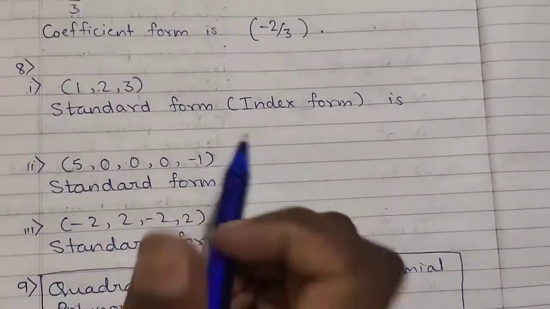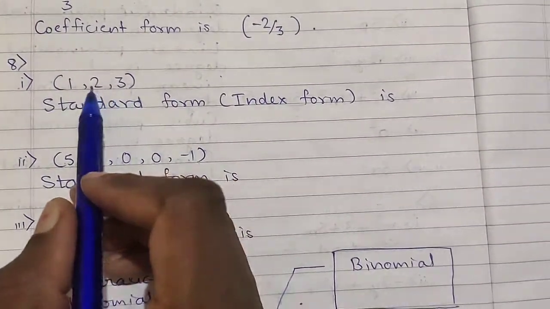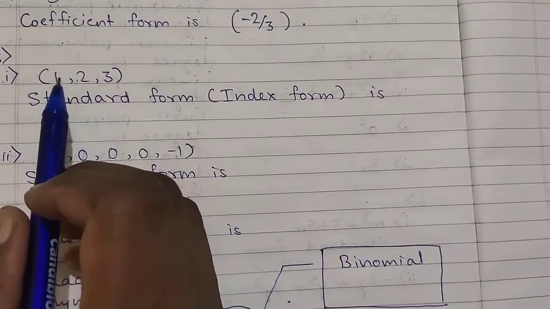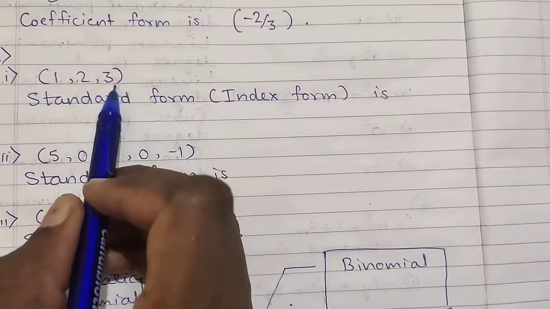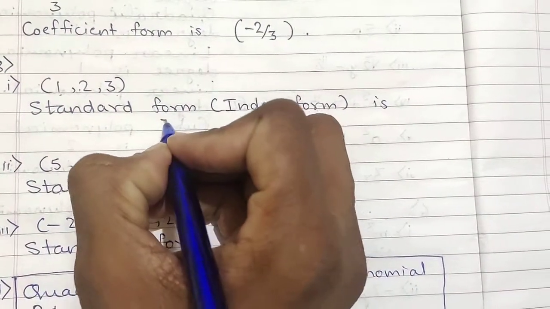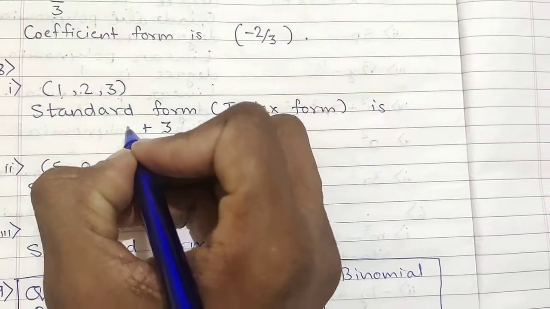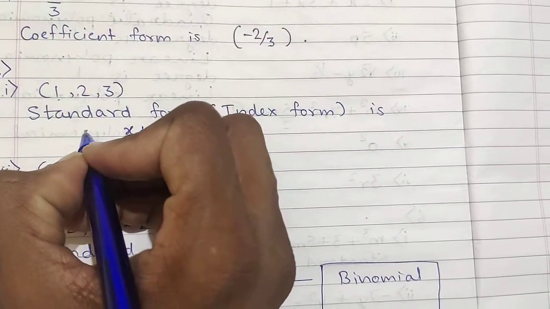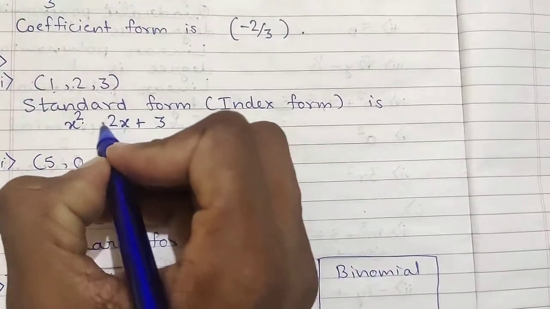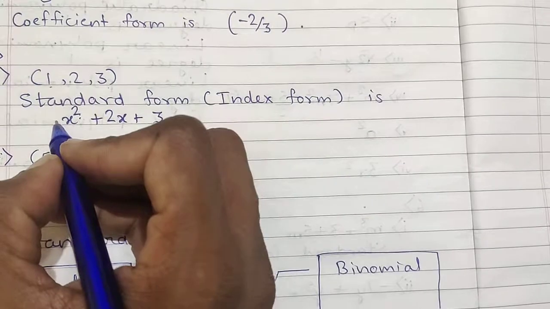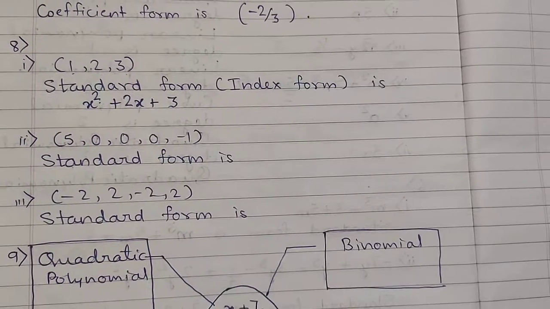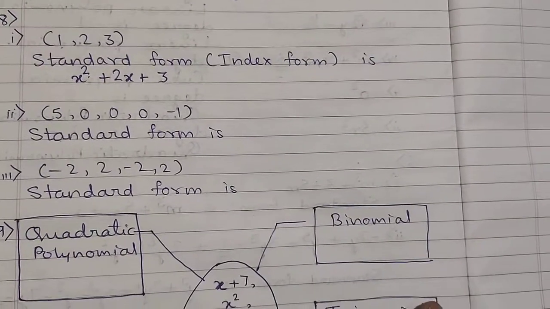Okay, so let us do this. It is very simple. Let us see how to do. Now see how many terms are there. 3 terms means your power should be 2. Maximum power should be 2, because this is your number, then x, then x square. So you can write directly, this is your number, then what is the next term, x, then after that you are going to write x square, right? So already I have written 3, then plus 2 is there, then last one is 1, so no need to write 1. So your index form is x square plus 2x plus 3. Okay, now see next one.